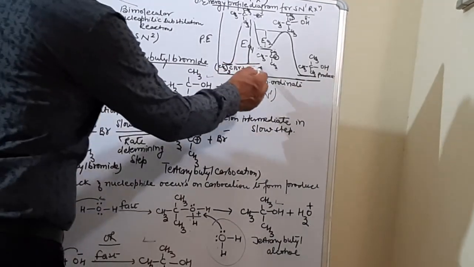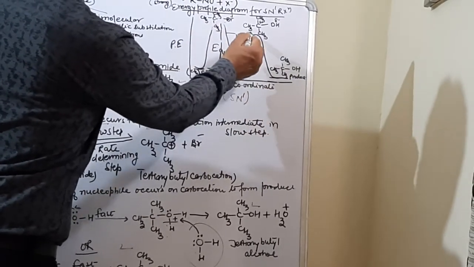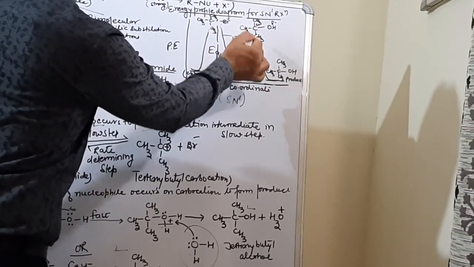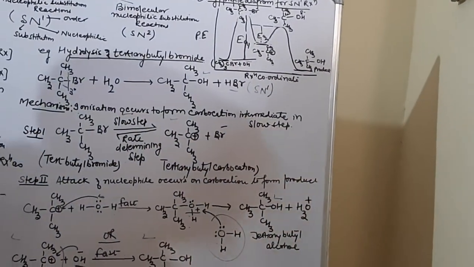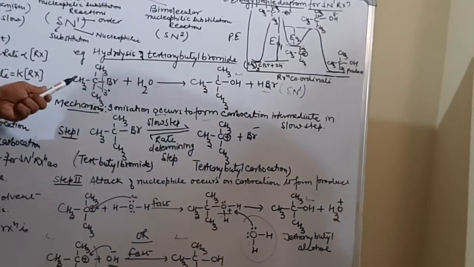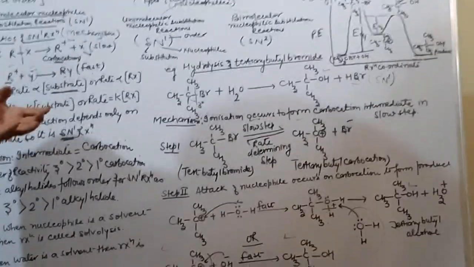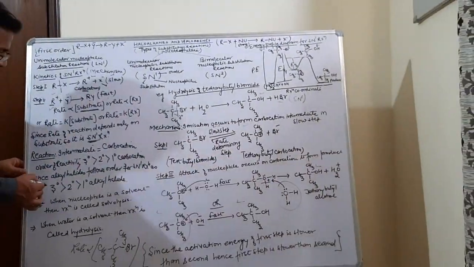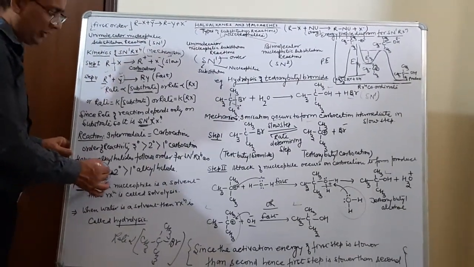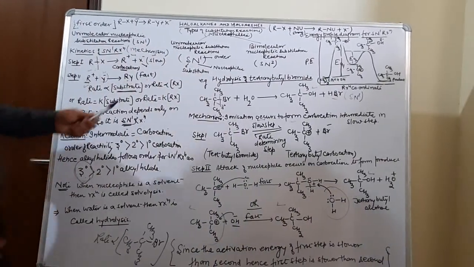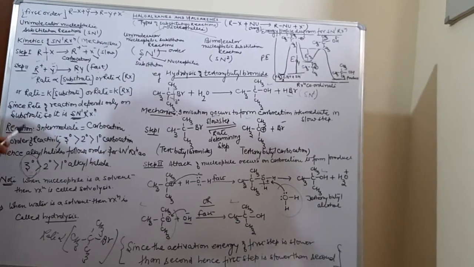Now from the intermediate carbocation, when the product is formed, which is tertiary butyl alcohol, just see the energy barrier over here. The energy barrier in this case is low, so the intermediate will easily get converted into the product. So this is a substitution reaction which was depending on the substrate, and hence it will be an SN1 type of nucleophilic substitution reaction. Always remember how we will solve this question. A 3-degree alkyl halide will always and always follow the SN1 reaction. Then the next type of nucleophilic substitution reaction will be SN2. So I think the SN1 reaction must be very clear.